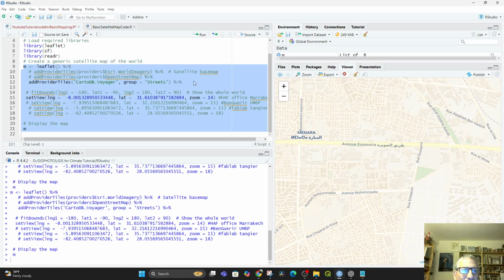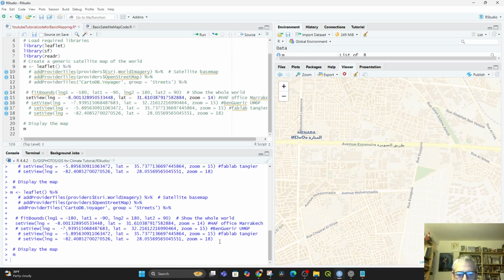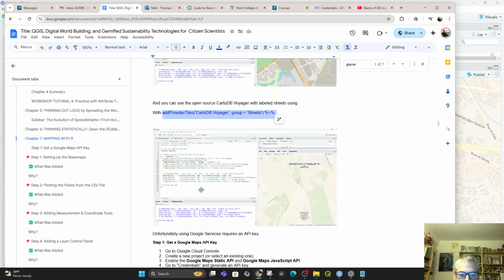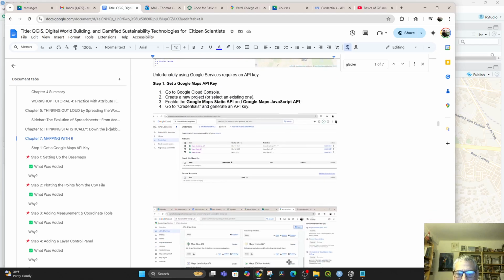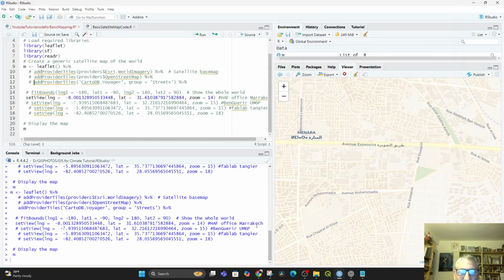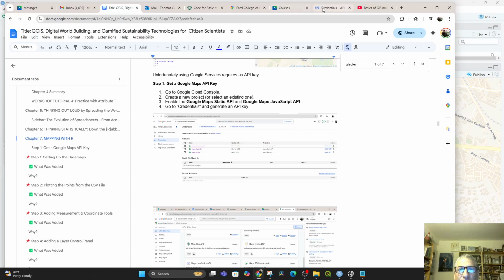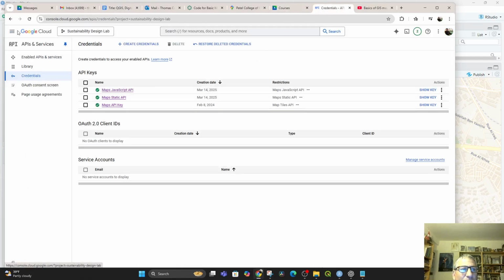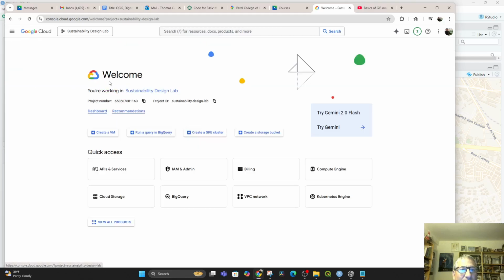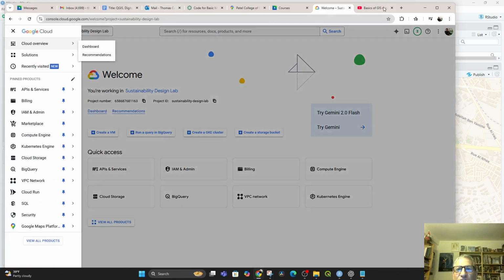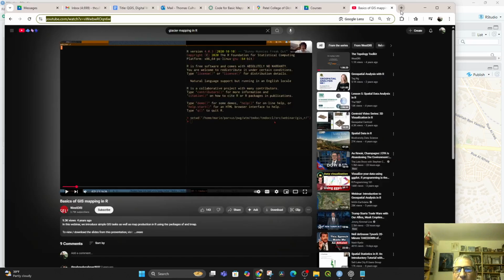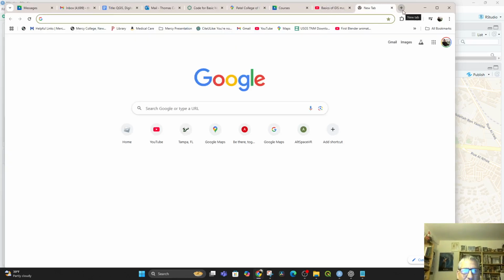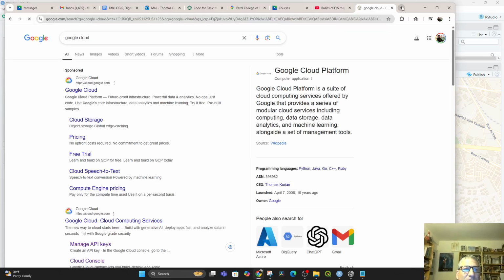All right, but we want to do Google, so let's comment that out and let's find a way to do Google. To do Google Maps, you have to have an API key, and that means you've got to go to your Google console in Google Cloud. If you're in your Google account, then when you go to Google Cloud,